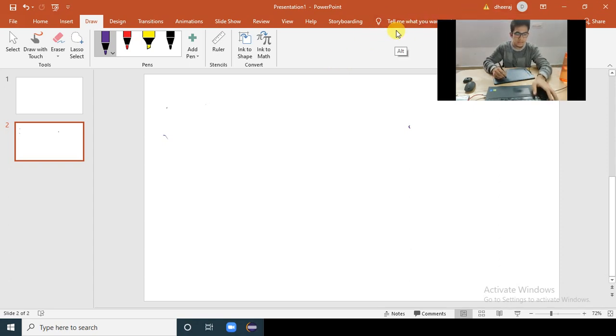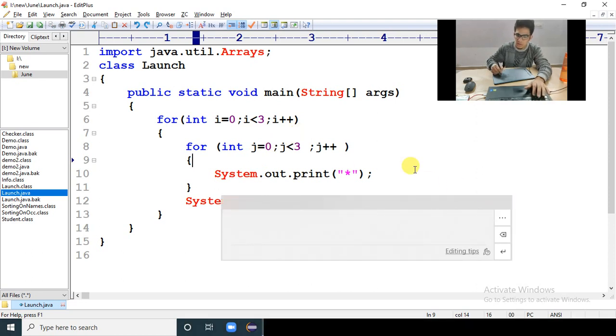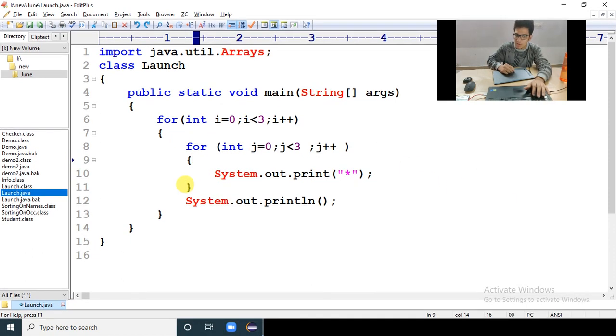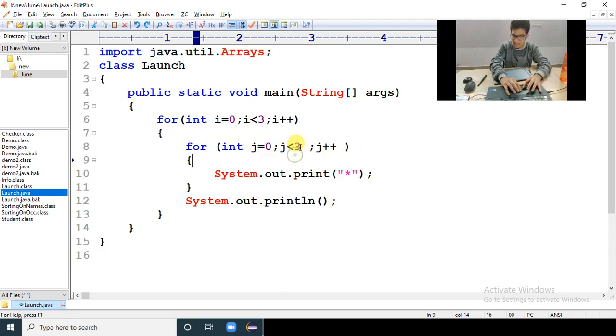So we'll look at the code, and we'll try to change some values. Now, what will this for loop do? This for loop printed 3 stars in the same line, right? What if in the same line you don't want 3 stars, you want 5 stars? In the same line, you have to talk with J. If you want to talk about the next line, you have to talk with I. So now I want a total of 5 stars in the same line. Same line means it is a column.